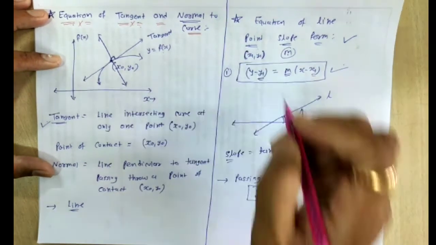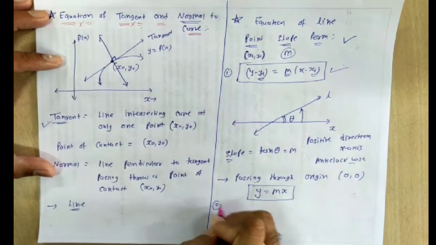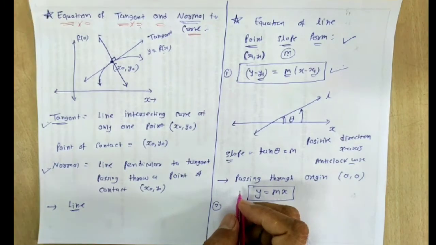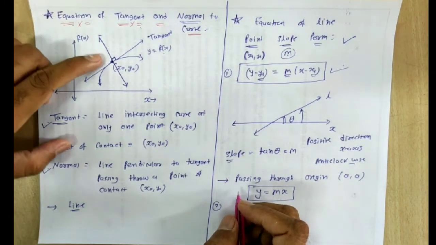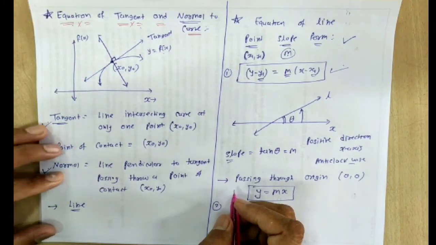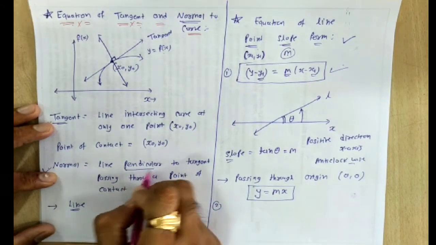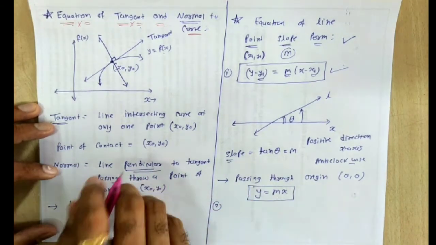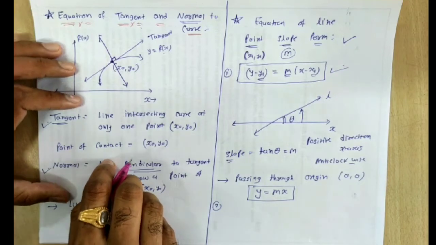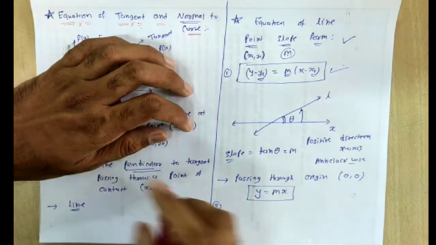This is the first point that you have to remember. Second point. Now, we also discussed two types of lines. Here in the definition of normal, we use that normal is perpendicular to a tangent. So a line can be a parallel line or it can be a perpendicular line. So again, we have to consider two cases.